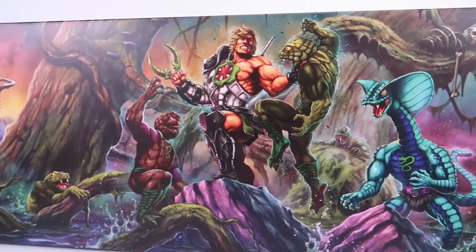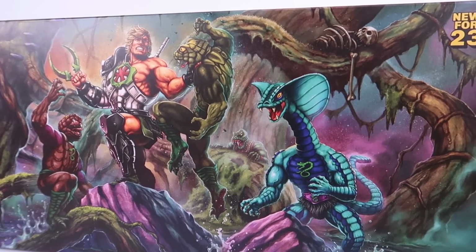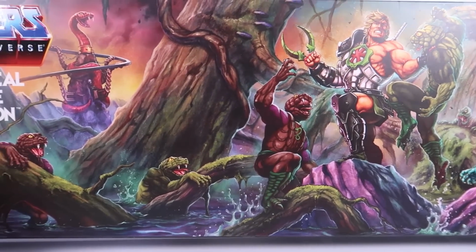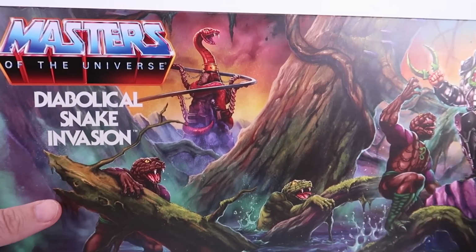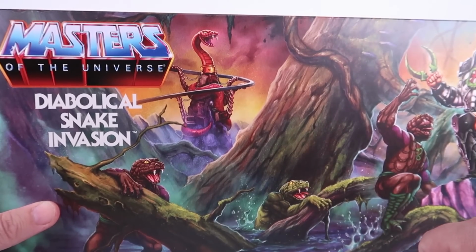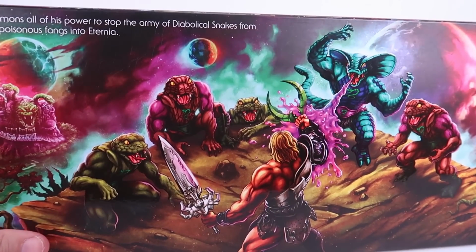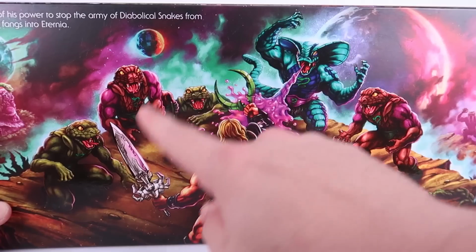Of course, just like we've come to expect from this line, but I love seeing Snake Armor HeMan doing battle with all of the Snake Men minions here. You can see Serpent Tower from Eternia in the background. Really incredible stuff. If we rotate this around to the backside, once again, we've got some more beautiful artwork here